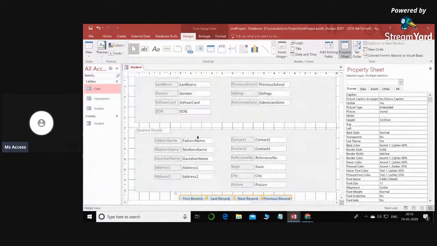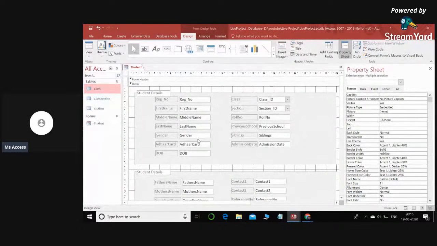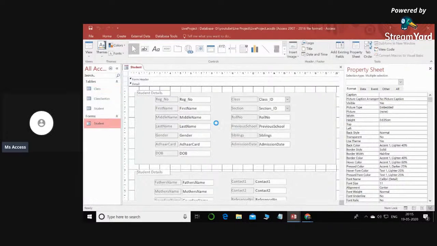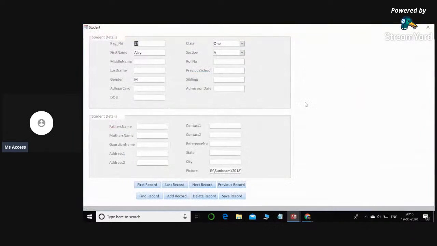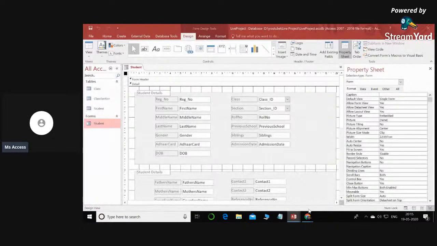So I have just decreased the height of the form. Now let me just run this form and see the output, and you can see now there is no scroll, I don't have to scroll down and up. The entire form is in front of you. Now the next step is the picture, how to have the picture. And for that,